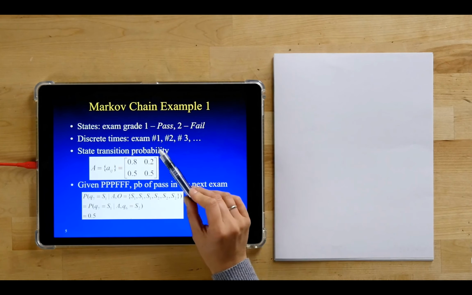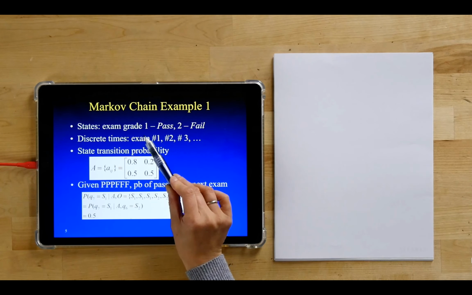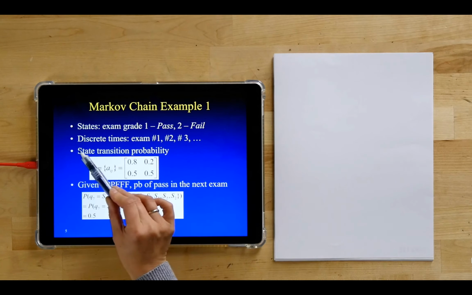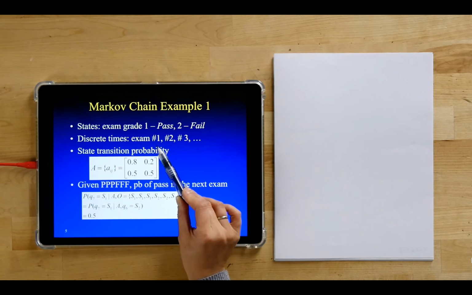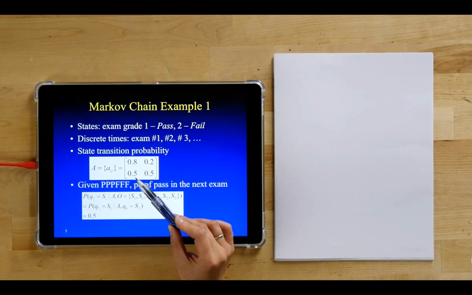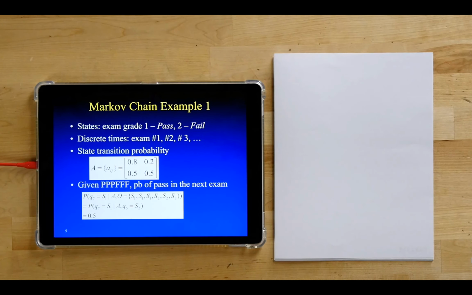So if somebody takes an exam and passes, the state will be 1, and if they fail the exam, the state will be 2. And the discrete times will be the number of exams: first exam, second, and third. And the state transition is like this, which means that if they passed one exam, the next chance they will